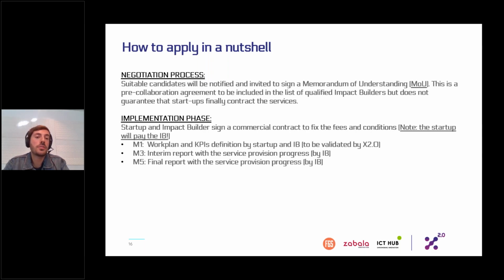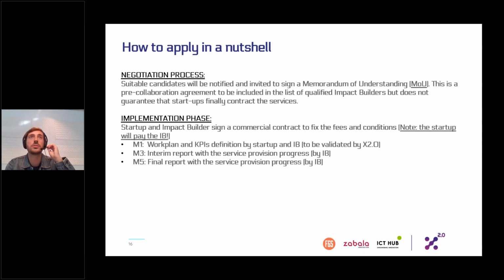And during the implementation phase, once the startup and the impact builder agree to work together under the X2.0 umbrella, you will sign a commercial contract to fix the fees and the conditions. As we have said, the startup is the one paying the impact builder, with a calendar of work plans and interim reports that sometimes the impact builder has to verify, sign, or do, and other times the startup will be in charge of creating these reports.